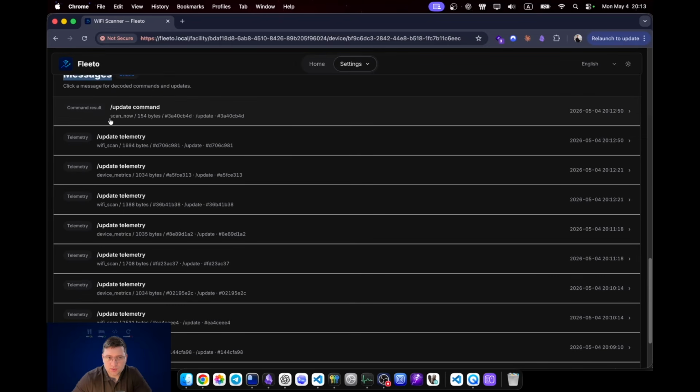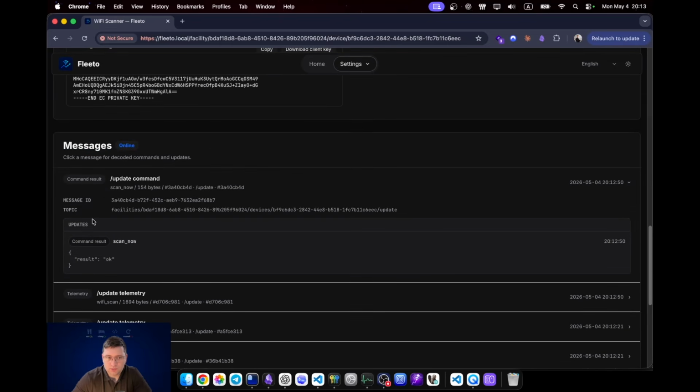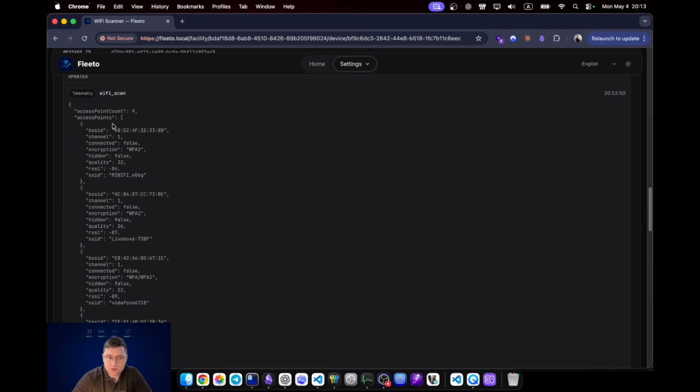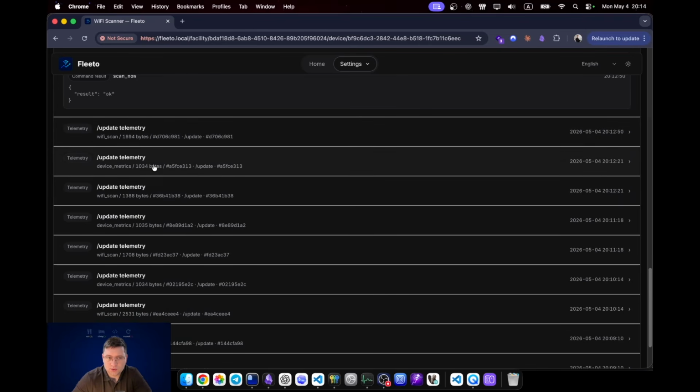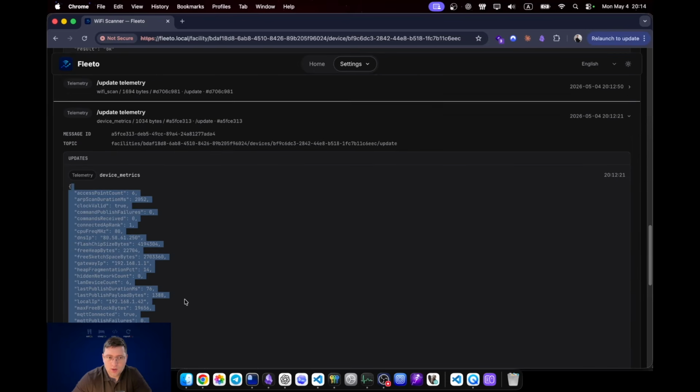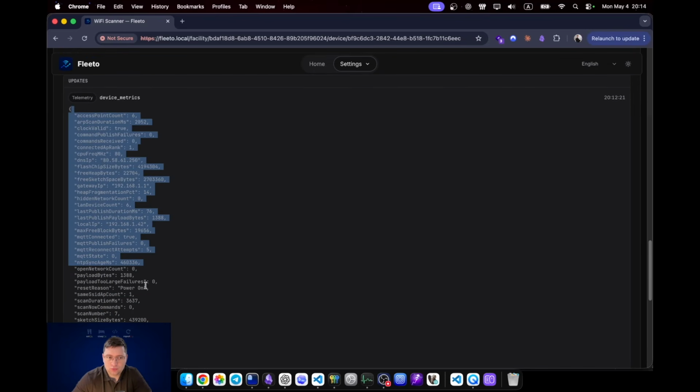So here we send some command. Here we have result from the device, like result OK. And if we look at telemetry raw message, it will be just some raw message. And this raw message is in JSON for simplification of visualization, but the protocol which was used between IoT device ESP32 and Raspberry Pi is binary protocol, which means that usage of